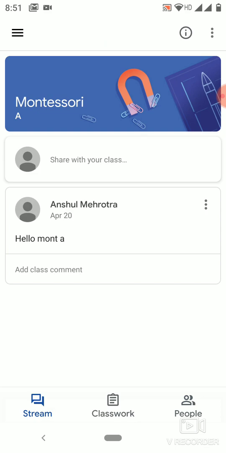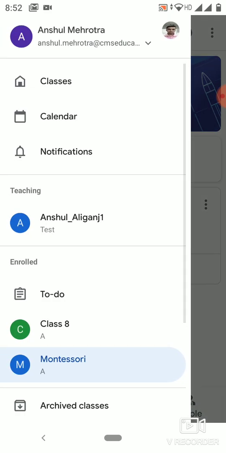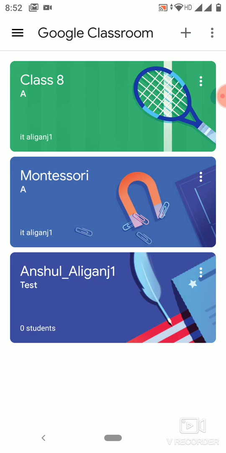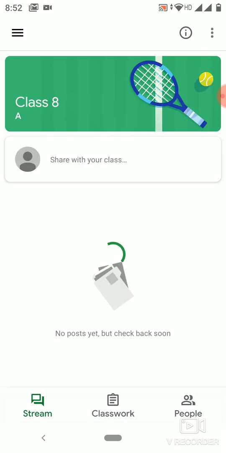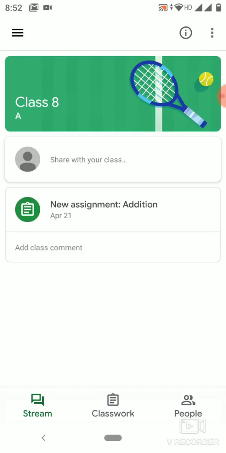So the second question which comes to your mind is, let's say you have joined 2 classes, 3 classes, how to swap between those classes using the same email ID. So likewise I have already shown you that I have already joined the 3 classes, and since this is the 4th class, how will it show to me? I'll simply click on those 3 bars on the top left hand side and click on classes. So these are all the available classes for me. I'll click here, so you can access these classes.